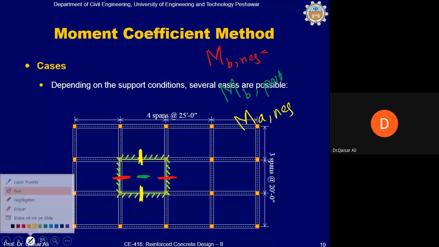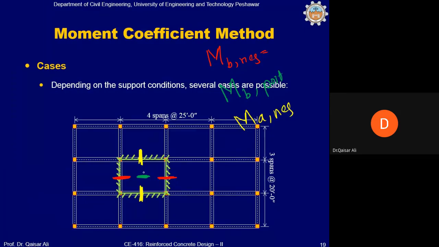And finally, this color represents the positive moment along the shorter direction. So it is represented by MA positive. अब समझ में आ गई? ओके सर, शुक्रिया।